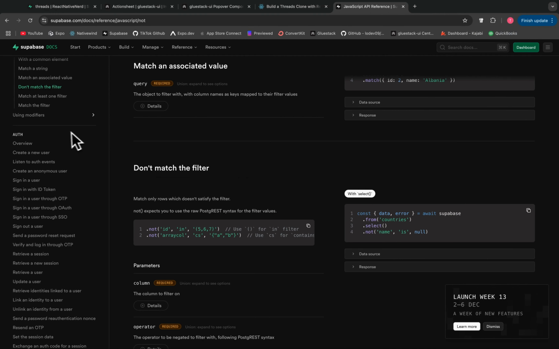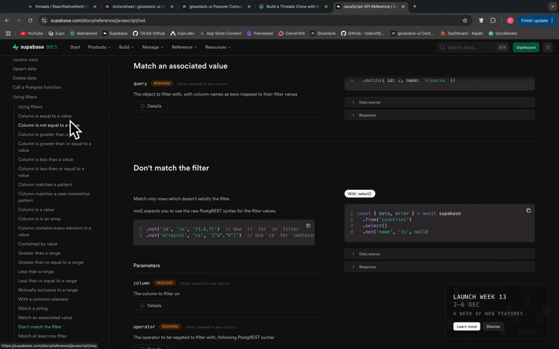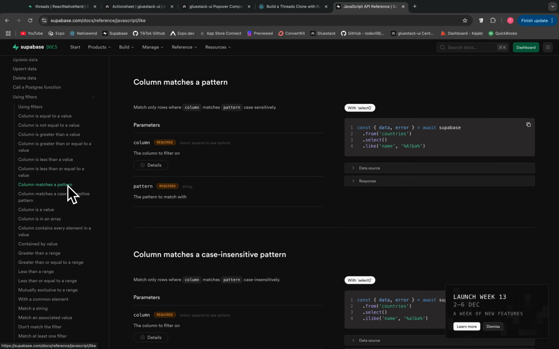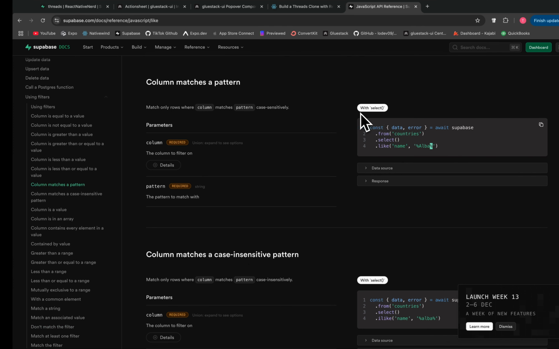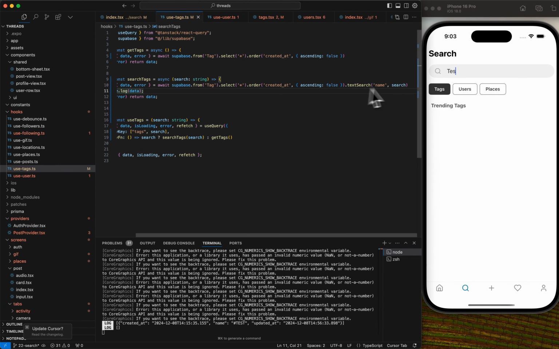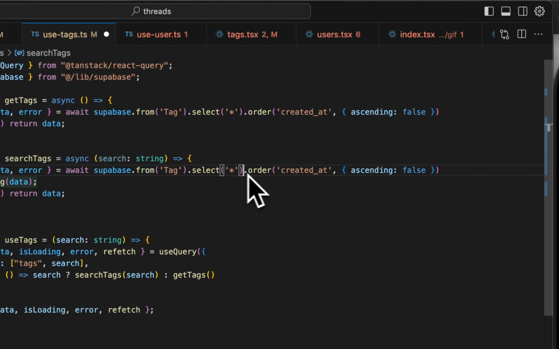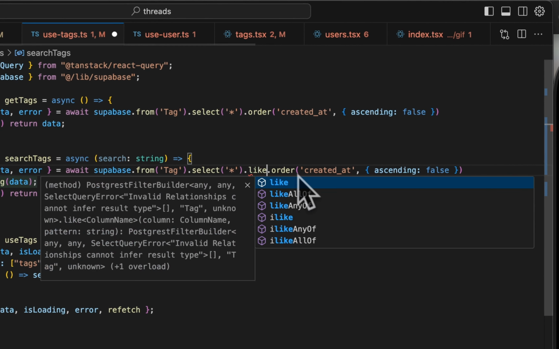So let's find the query is equal to, is not equal to, is greater, is less than, matches the pattern. Oh, that's what I wanted right here. Okay, so you have to pass in the key. We're already passing in name and then these little symbols, moduluses. So surprisingly, that did work, but I want dot like